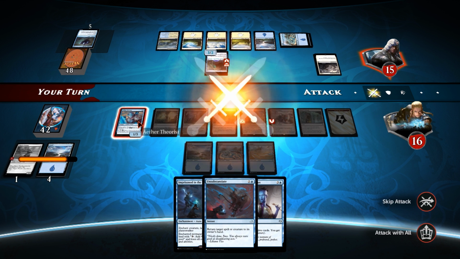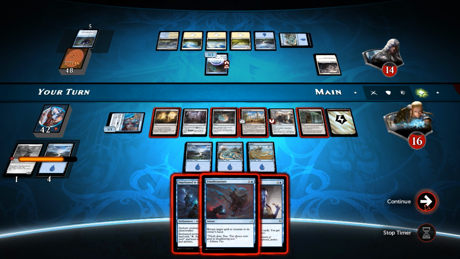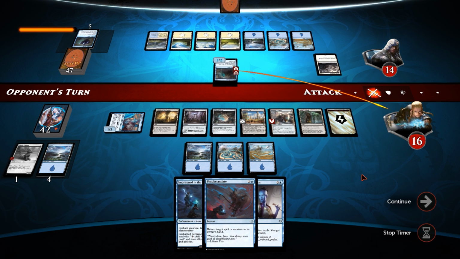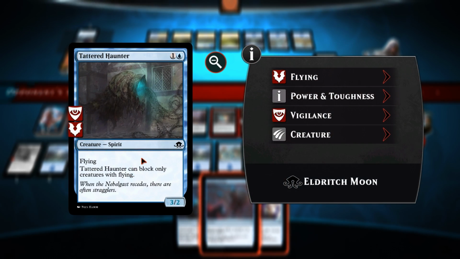So, Ether Theorist is going to get in 4-1 damage. He cannot block, only creatures with flying. So we'll take him down to 14. And just pass the turn. Yes. See if we can get his creatures off the table. Getting in for 3. Sure. No reason to get it off the board, especially such a weaker...